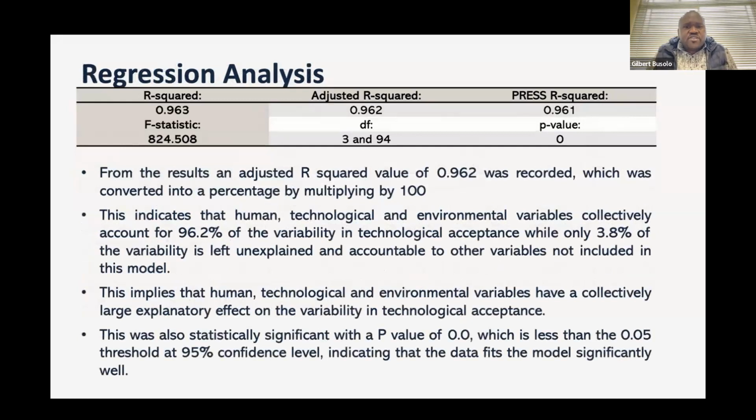We also did regression analysis, where we looked at these three factors, which collectively account for around 96.2% of the variability in technological acceptance, meaning that there are still some other factors outside the ones considered for this research that exist and are key for further research. And this continues to encourage us that further research even on these models